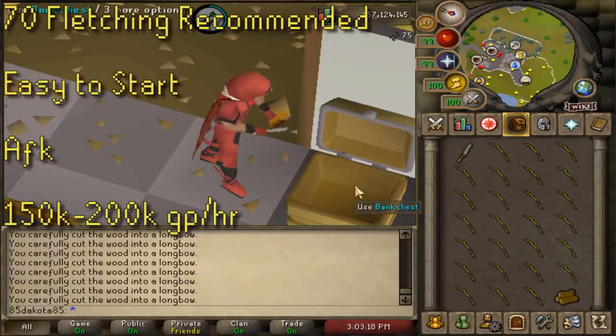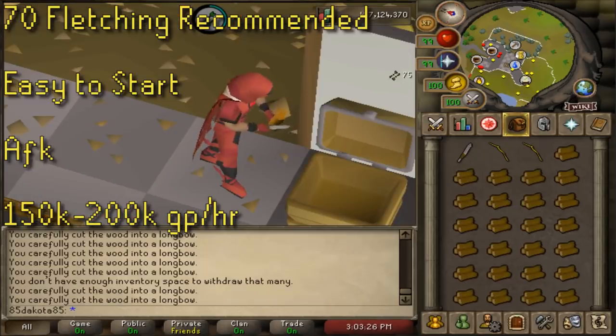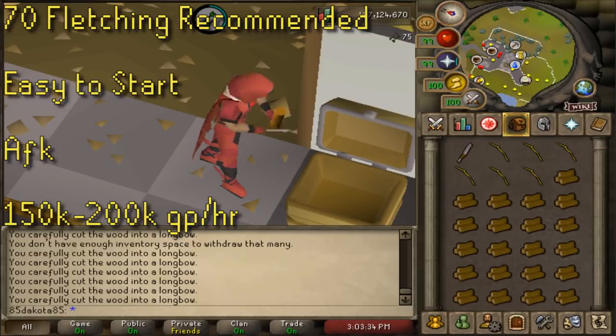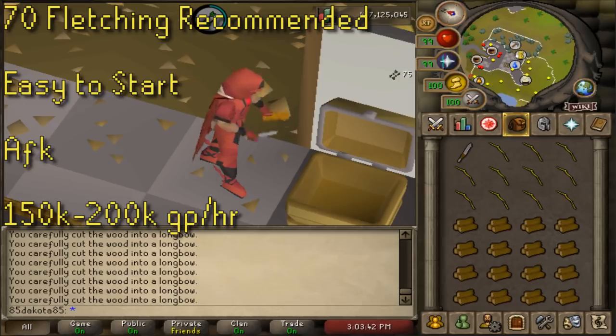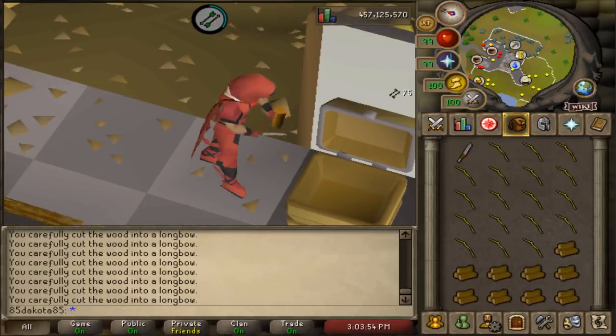You do need 70 Fletching to make unstrung yew longs, but you can get to 70 Fletching on an alt in under 24 hours from making the account, so this really isn't much of a requirement. You also don't need a big cash stack to get started on this either, since the yew logs are so cheap, and maple logs might as well be free at this point. The low requirements make this a good alt method for new alt accounts, but this also is a very good